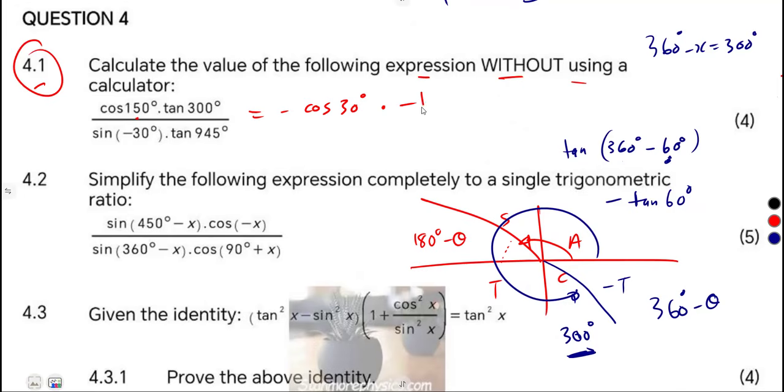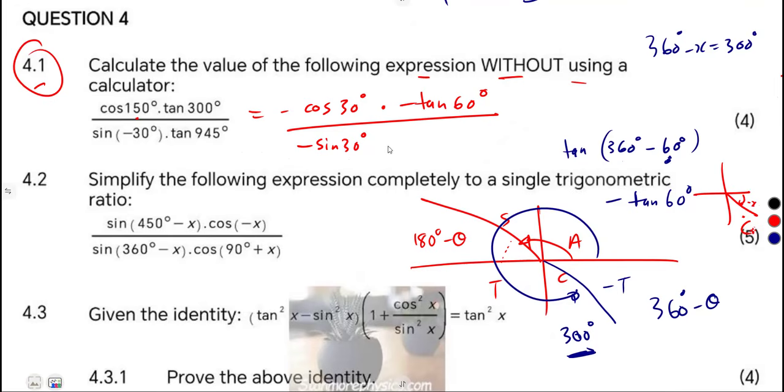So that's negative tan of what? 60 degrees over what? The sine of minus x from our negative angles. Minus x or minus theta is in the fourth quadrant, and that is the quadrant for cos. So sine is what? Negative there,